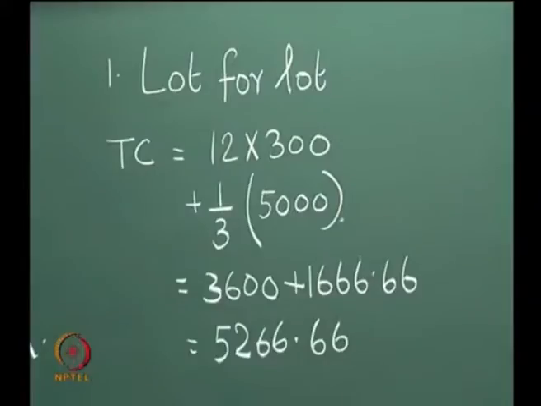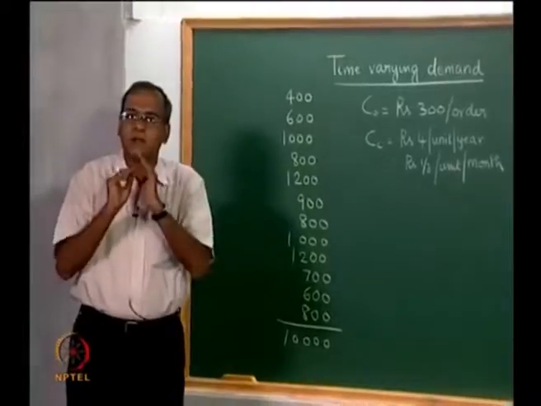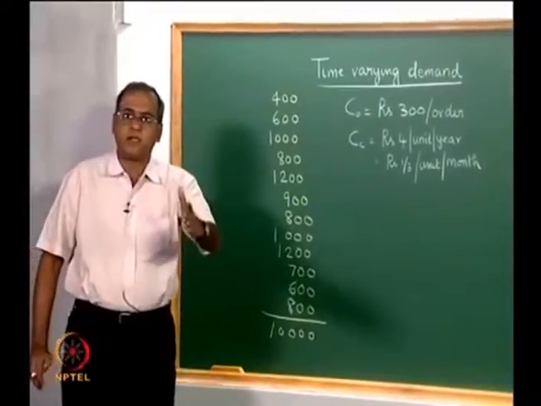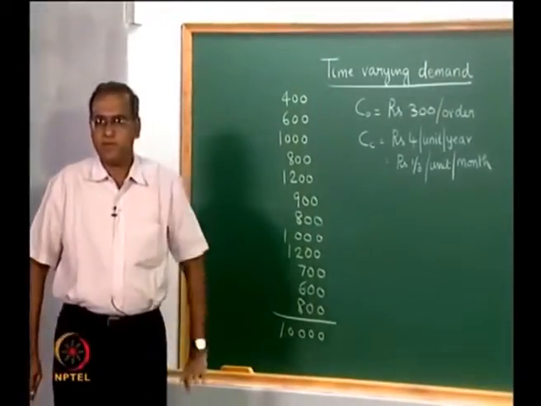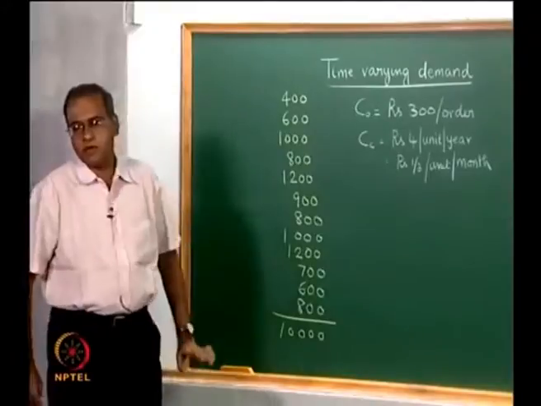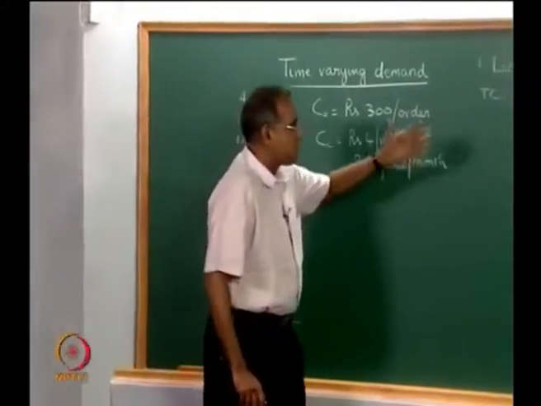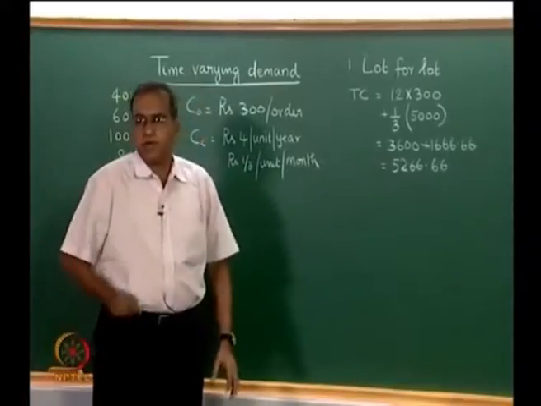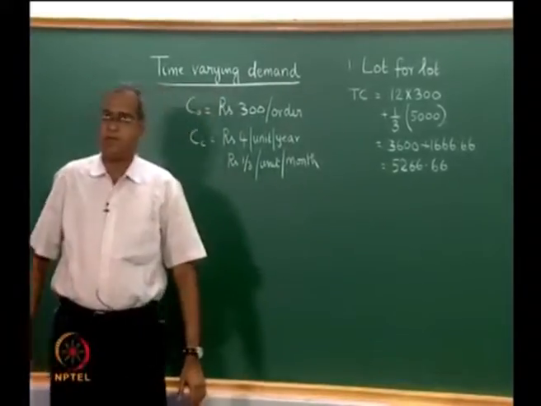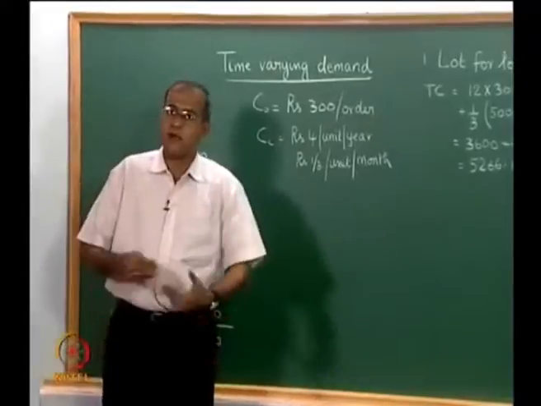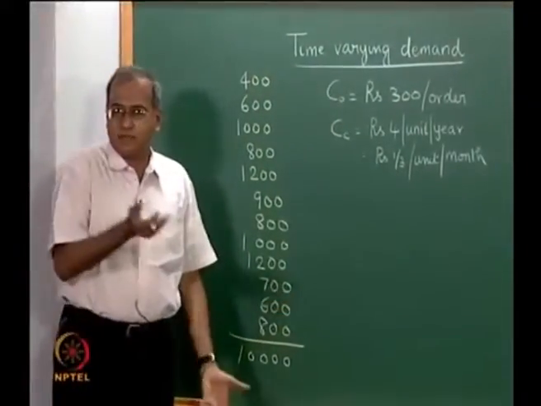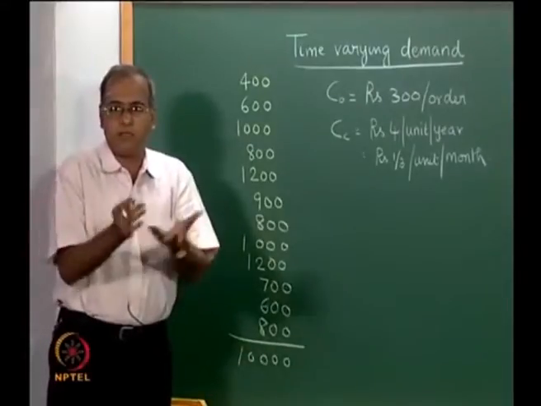Now this heuristic is very nice because it is very easy to implement. Every month you look at the demand and you place an order to meet the demand of that month, but it could be slightly costly because you end up making more orders than the optimum. The optimum had 7, now you have 12. Now this heuristic can also handle time period if it rolls beyond that, because it is a very simple heuristic where every month you just place an order.